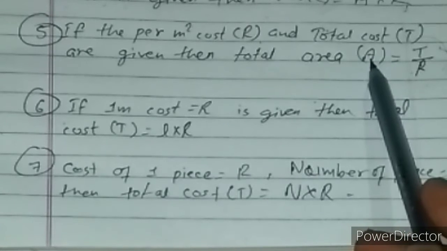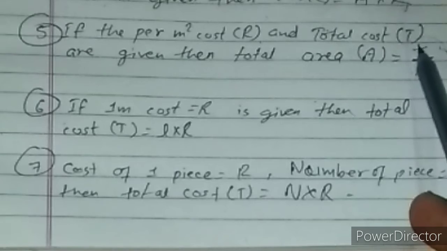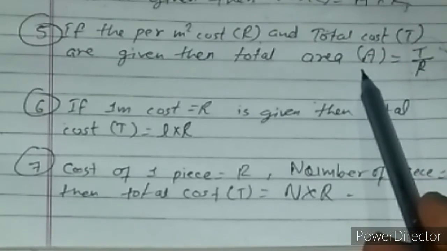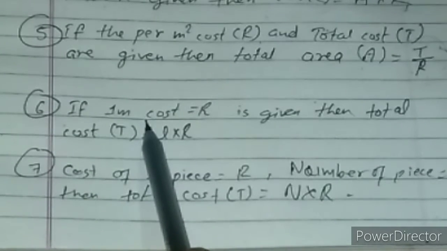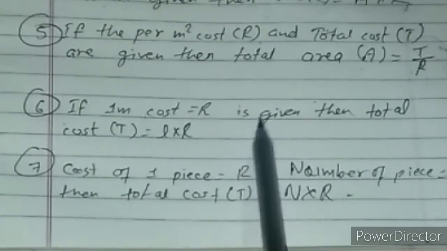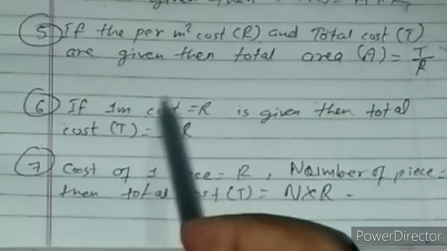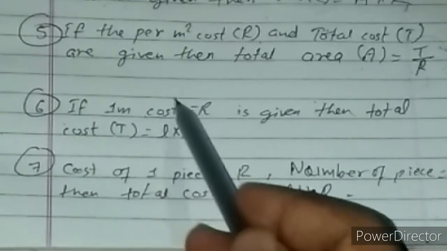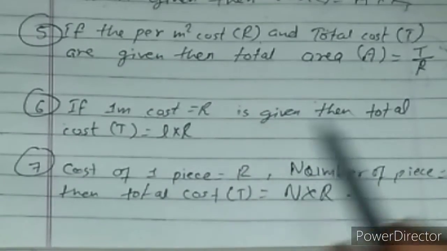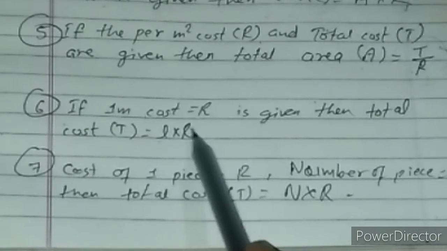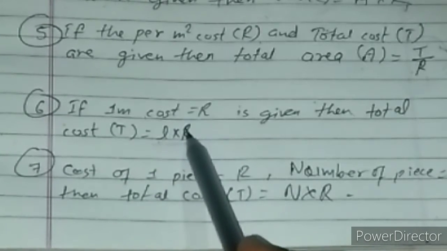Sometimes length and breadth will not be given, cost and rate will be given, then cost should be divided by rate to get area. But if per meter square is given, then we require length. Now when we buy carpet, they will fix the price per meter, 1 meter for 200 rupees, 1 meter for 500 rupees. In that case we require length into R. We have to find the length of carpet and multiply by rate.